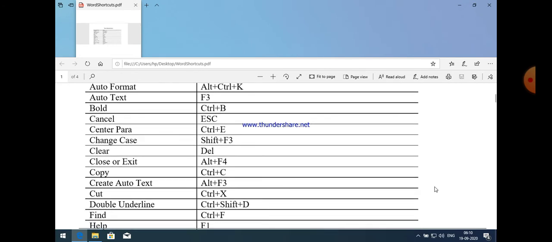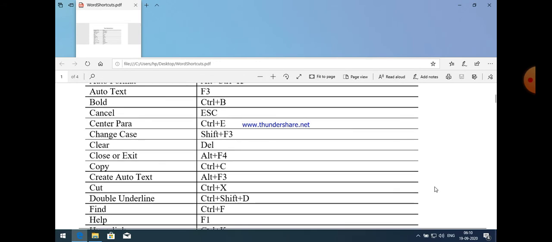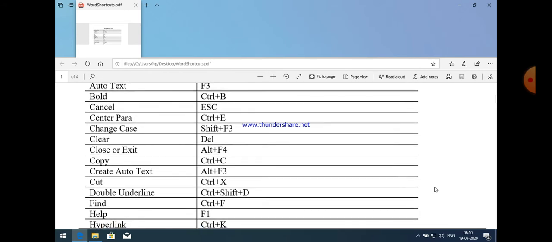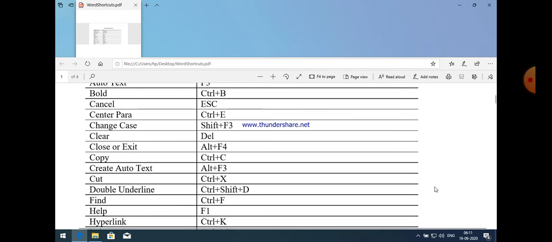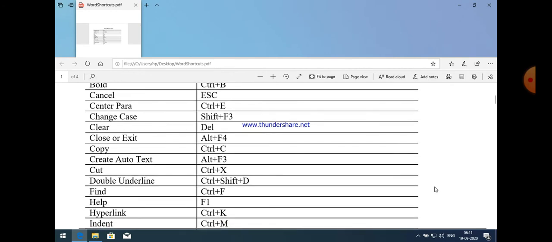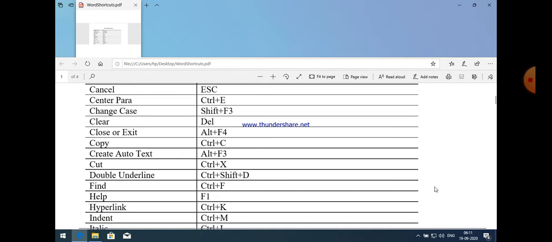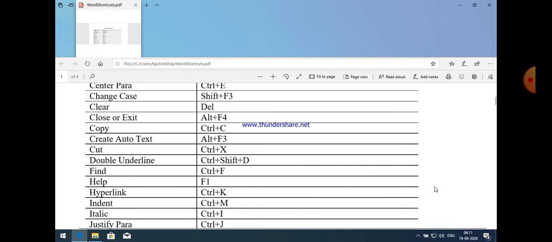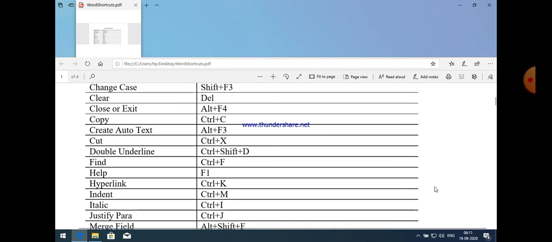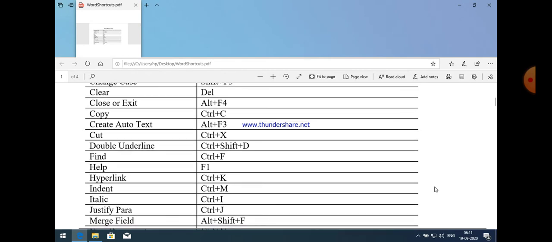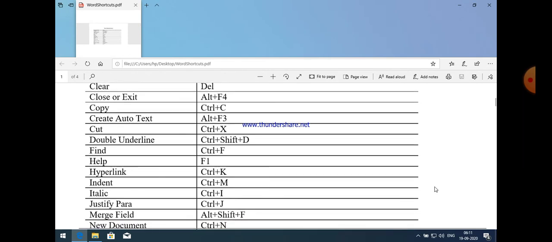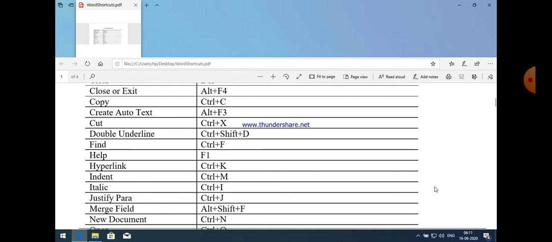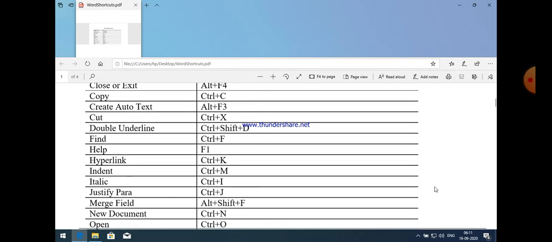And if you want to double underline your data, then Control plus Shift plus D should be used. And to find a particular type of data, use the shortcut key Control plus F. If you want to find a particular word, then use Control F.